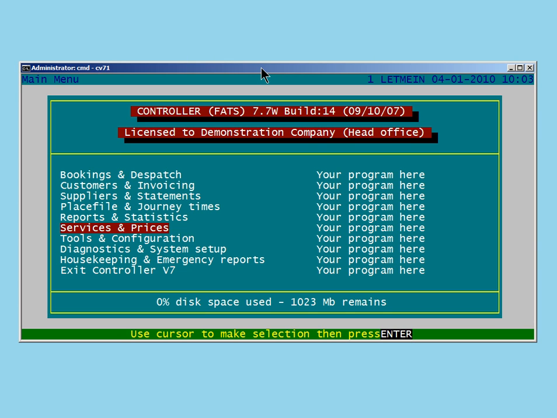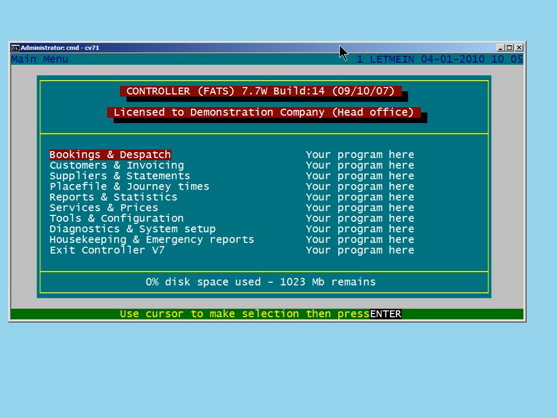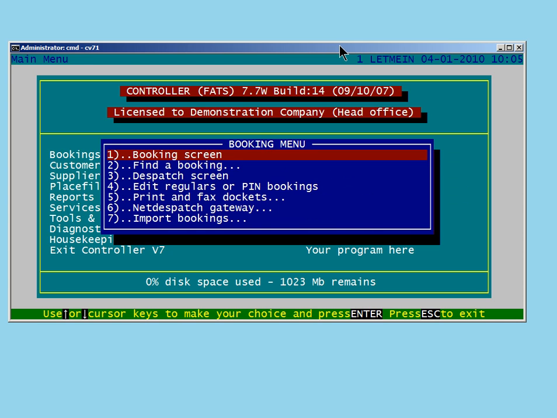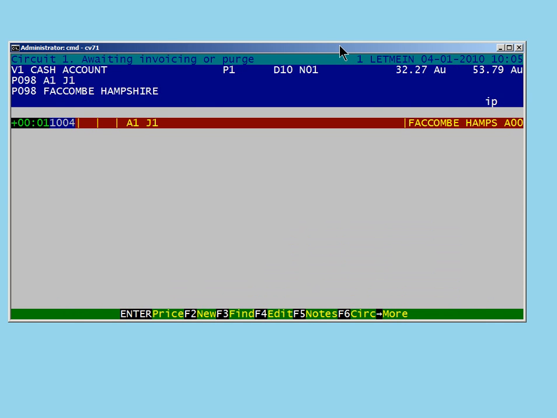So I'm going to just produce an invoice for you here and show you how to check that the VAT is correct before you actually commit to doing the invoice. So I'm just going to do a very brief invoice run here. I've put a job in. If I just go to the dispatch screen and have a look at our awaiting invoicing a purge, I've just got a very simple job here